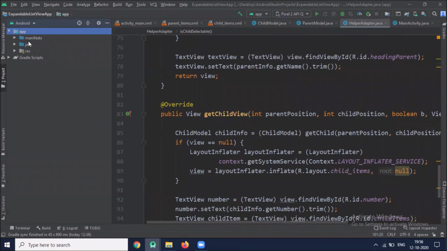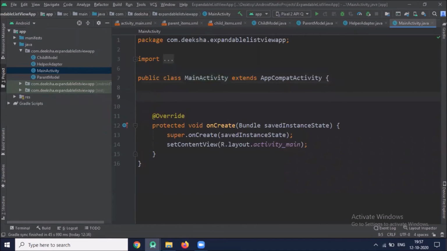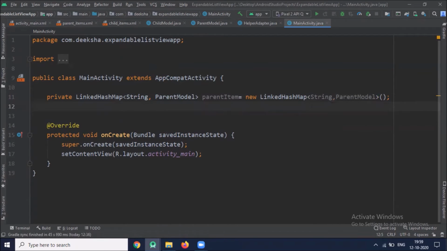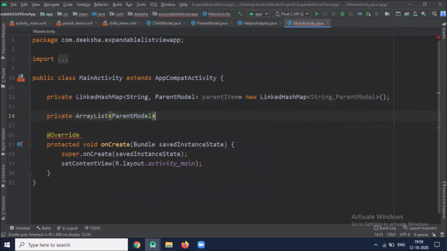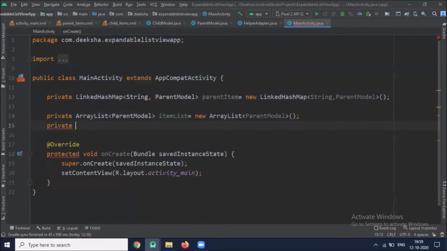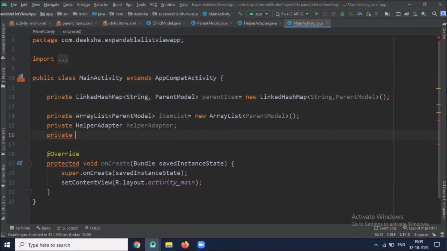Now click on main activity. First, we get the reference of the expandable list view from XML file by using findViewById.